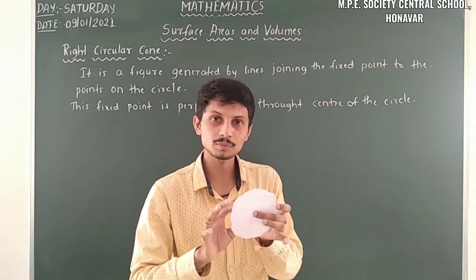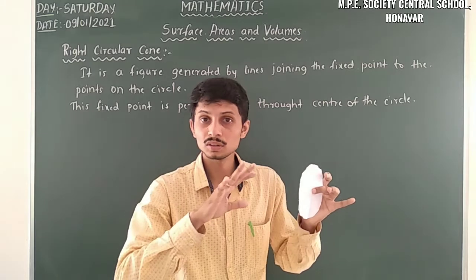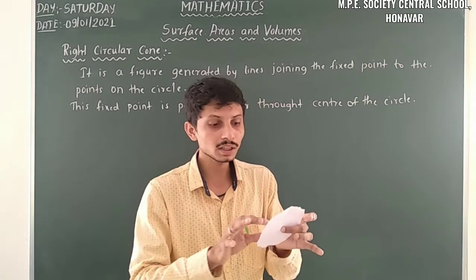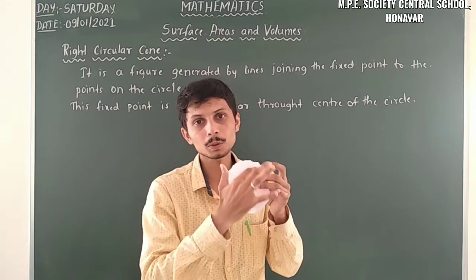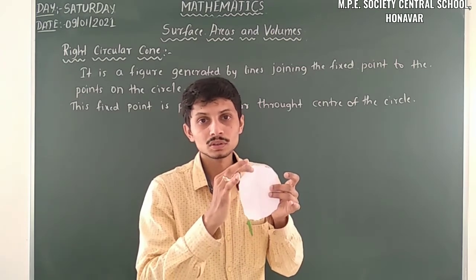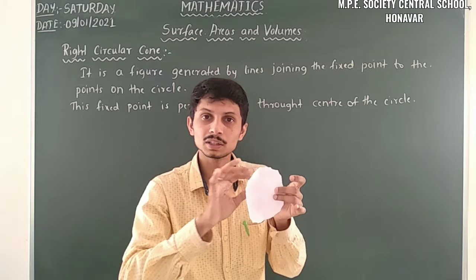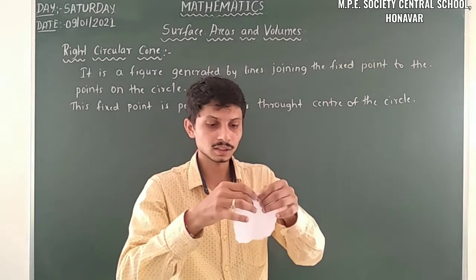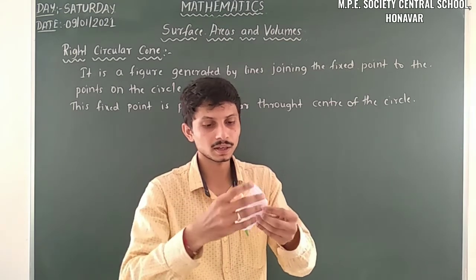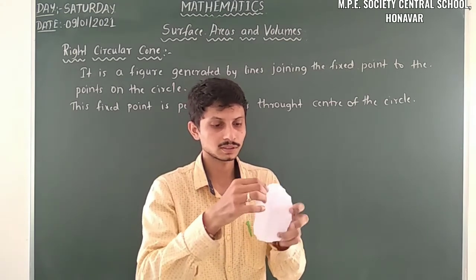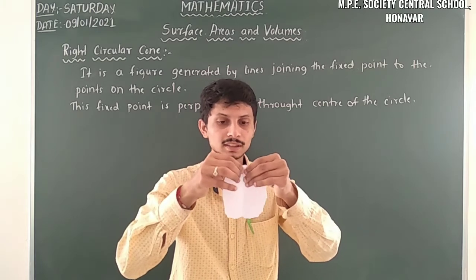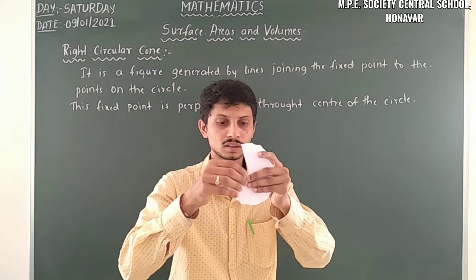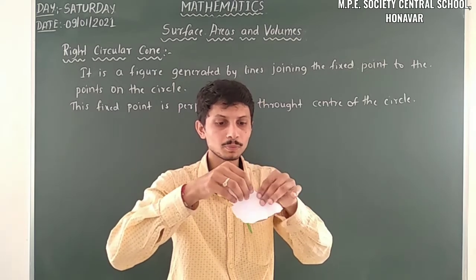Okay, so when it forms a circle shape, we have to convert this circle into the form of a cone. So how to make that? There are 4 parts here. In those 4 parts we have to cut one of the parts, 1/4 of the circle. So here just observe, here we have the first part. I will cut this part like this, and this complete part is 1/4 of the circle.